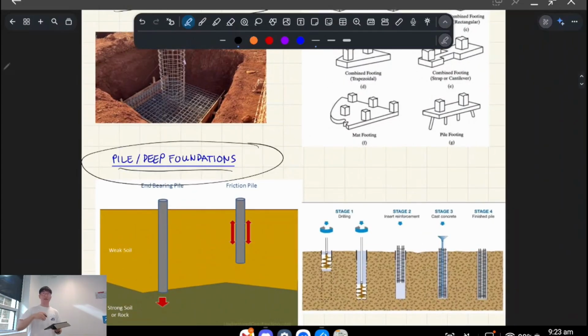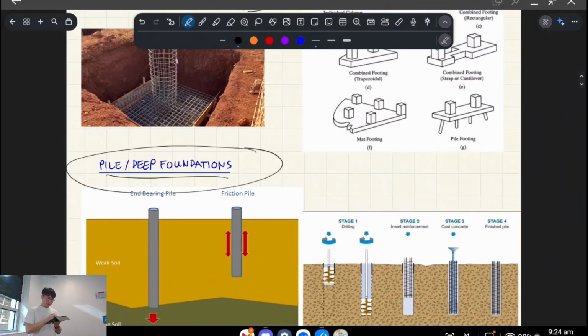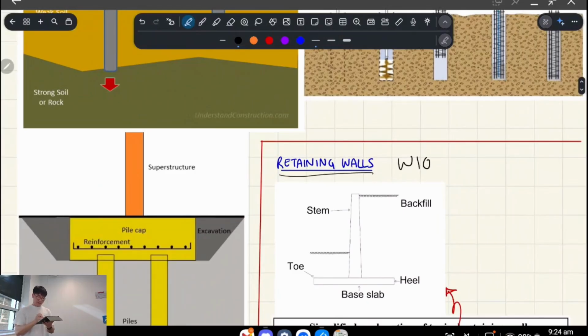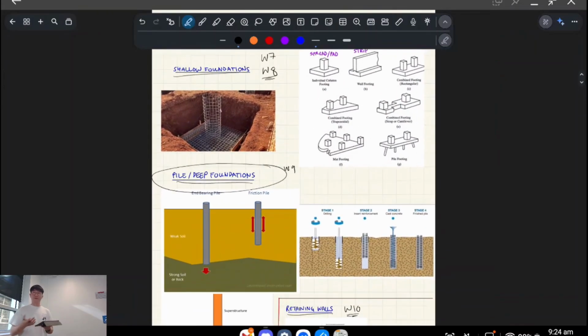And then in week 9, the lesson which I won't be here for, whoever's the tutor is going to be talking about deep foundations. In week 9, they'll be talking about both the bearing capacity and the settlement. But the topic's actually quite easy, at least from how we learn it in this course. So it will be combined into one lesson. And then in week 10, we're going to be covering retaining walls, right? Which is also quite a loaded topic. And yeah, so really there's only 4,